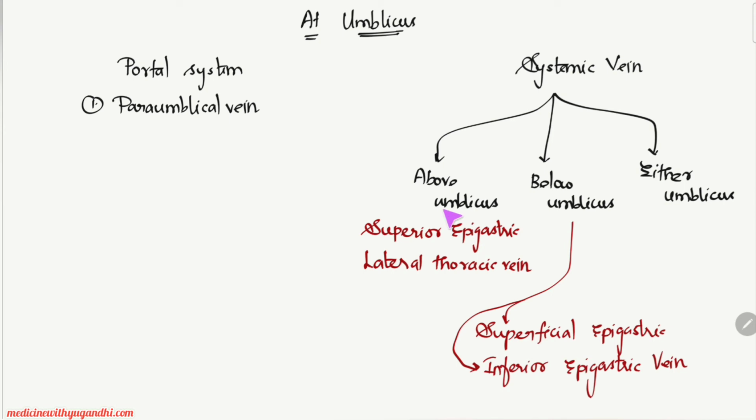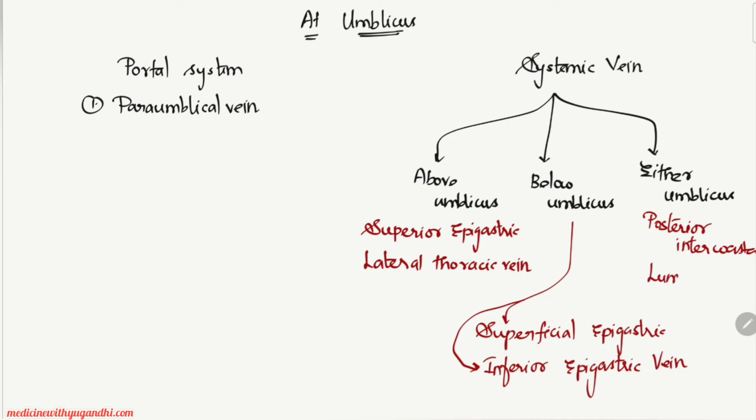So here you could relate the systemic veins. Above the umbilicus it is the superior epigastric vein, and below the umbilicus it is the inferior epigastric vein and the superficial epigastric vein. On either side of the umbilicus also lie two veins, namely the posterior intercostal vein